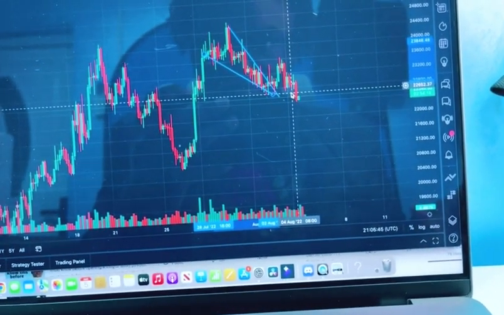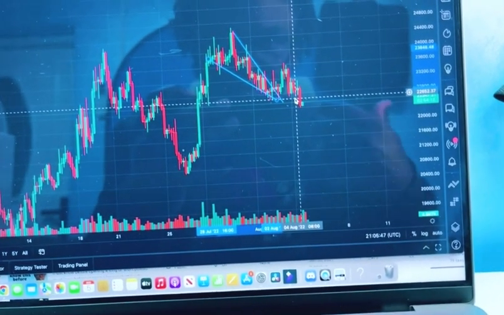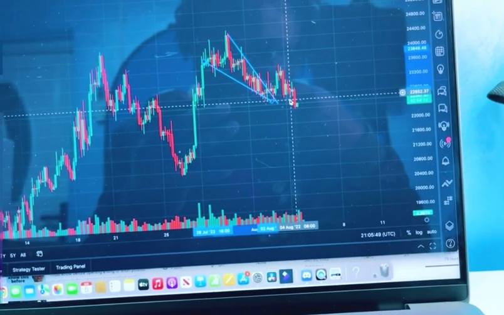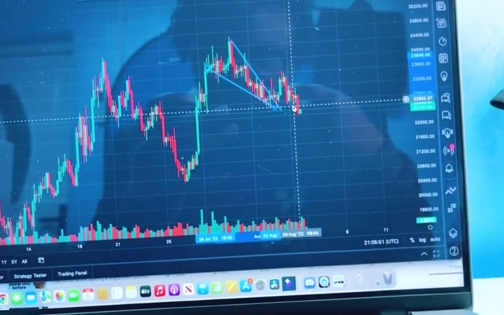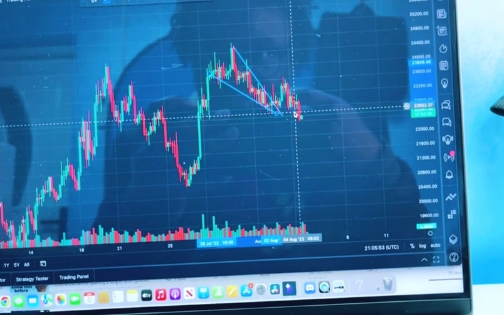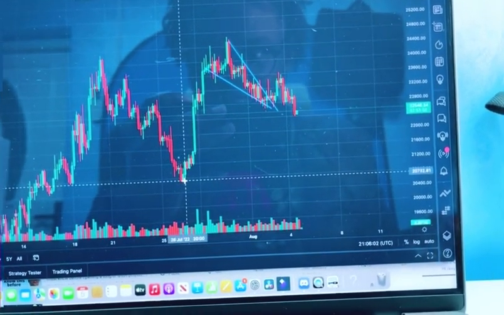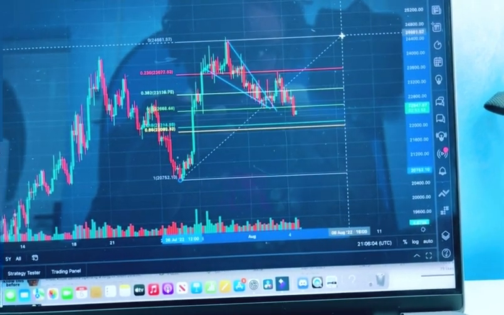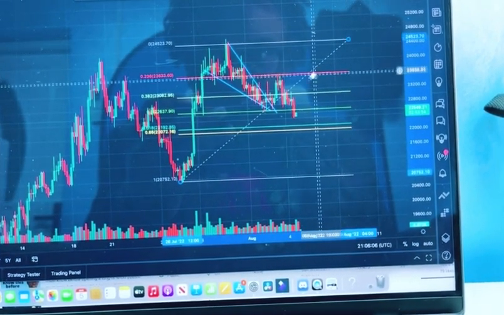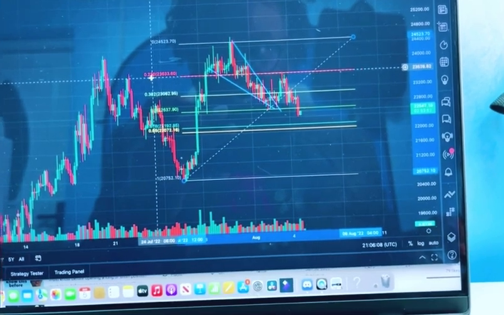Yeah, so descending channels should break to the upside, and ascending channels should break to the downside. So it did break to the upside, but what upside is it going to break to? Like, where will it retrace after it breaks to the upside? The Fibonacci retracement tool should tell us. So if we put our Fib tool back, we will see that it broke to the upside and it went to the